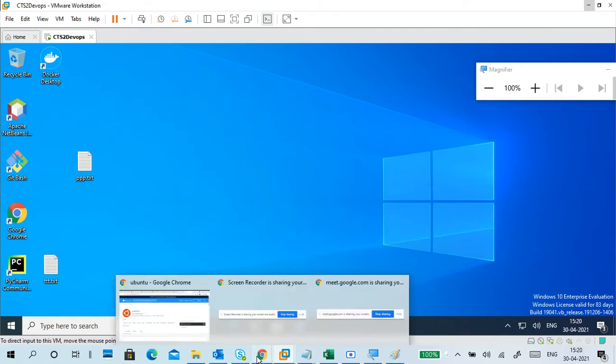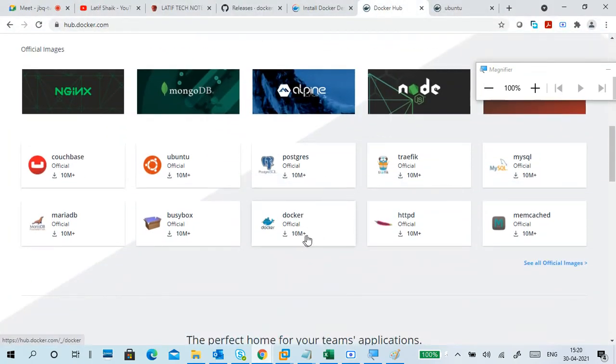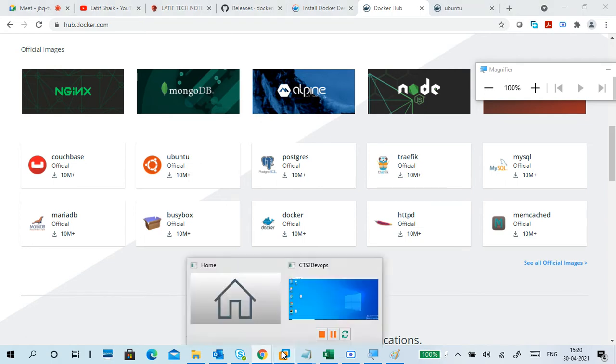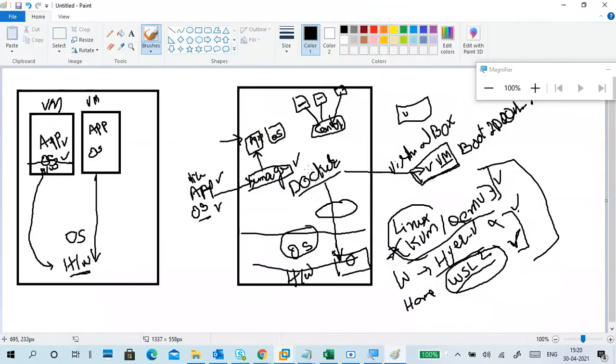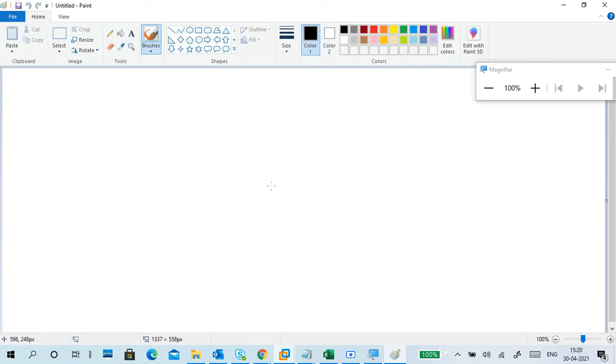If you see this website, I will show you one thing here. Docker Hub, Docker is also there. Why is a Docker image there? It means you can create a big hierarchical structure. Now there is no space, so we'll go back to new. Think of this as a Docker running machine, the Docker engine. Inside it you can create Docker, and inside that you can create another Docker. Like this also you can do it.